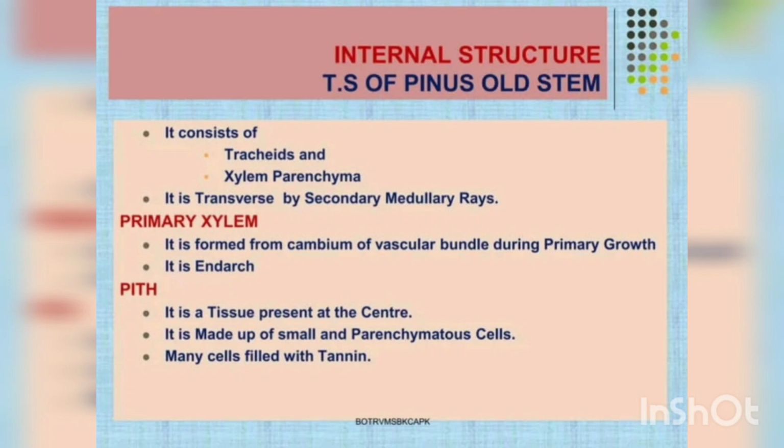Now the primary xylem, which was already present in the younger vascular bundles, is endarch, we have already discussed, and in the central region we can see pith. But when we compare the younger wood with the older wood, we can see that in older wood the amount of pith will be less when compared to that of the younger stem. Okay, it is made up of small parenchymatous cells, and it is mainly filled with tannin cells. So this is the structure of